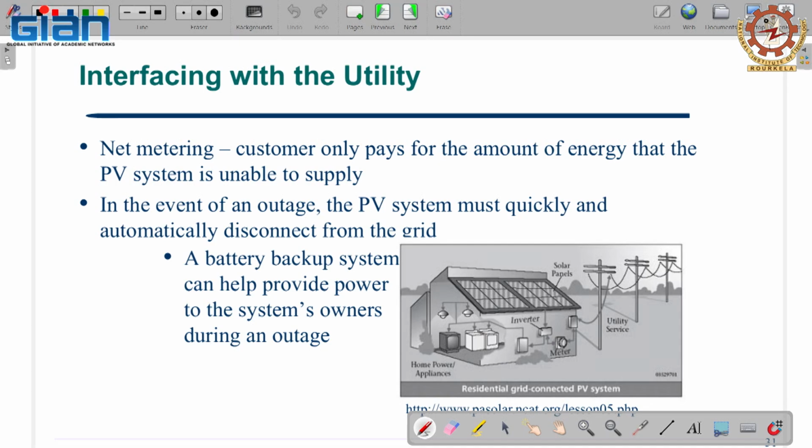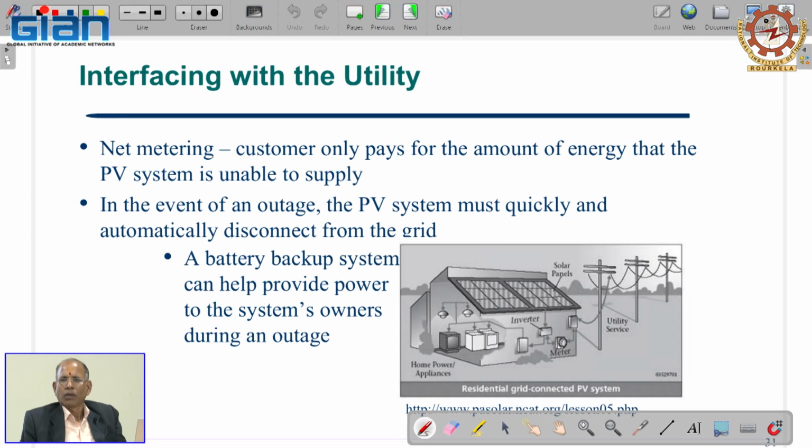Okay, if the utility agrees and they are willing to pay. If they say we don't have a provision, we don't pay anything. If you wish, you can. Okay, so